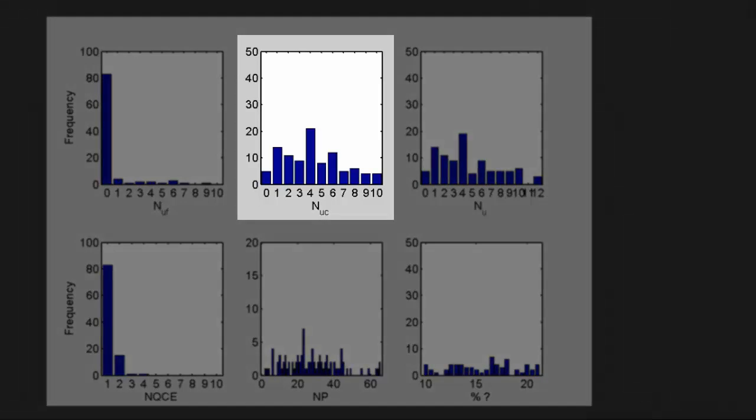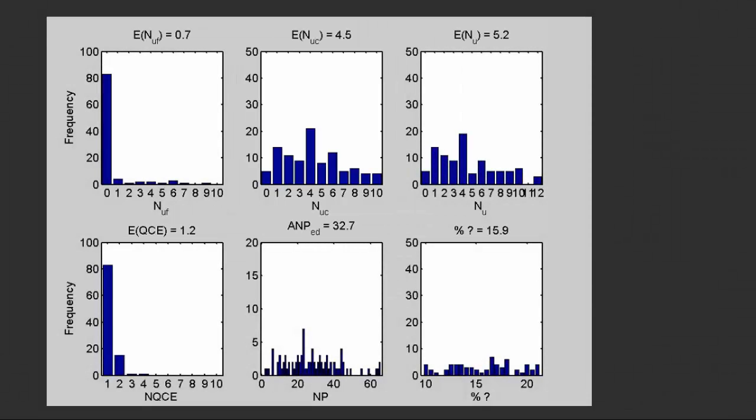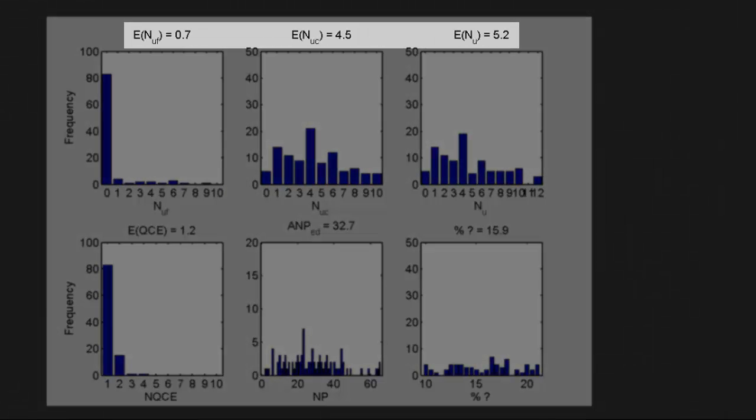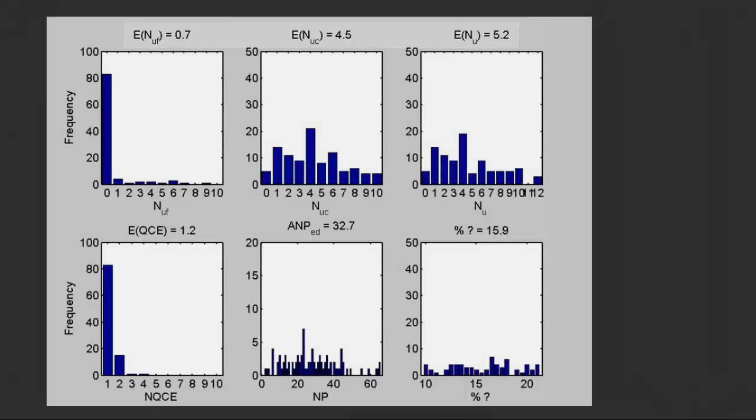We see that the number of unacceptable results since the last good QC event can now be much larger. 0 in some cases, but as large as 10 in others. That's because the probability of an unacceptable result is greater with a 7.5% shift. If we look at the expectations for each of these things, the ANUC before is 0.7, the ANUC since is 4.5, so the total is 5.2. This is a larger number than we had before.